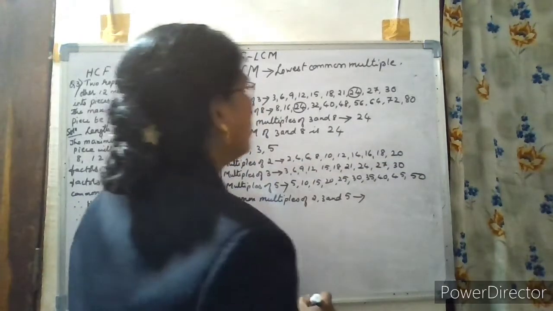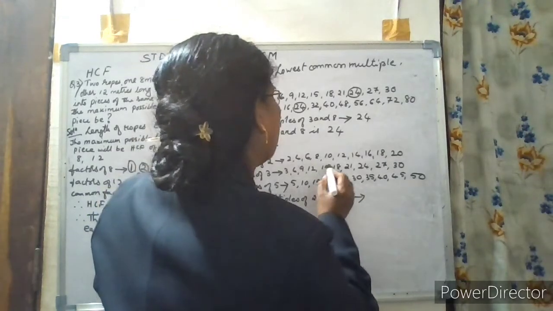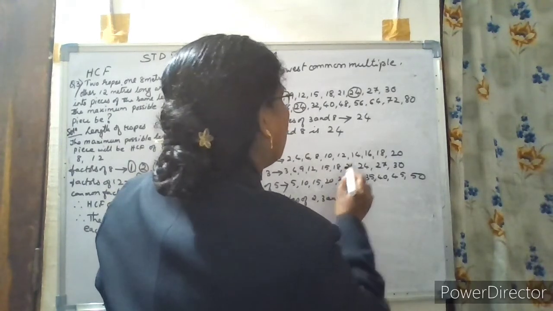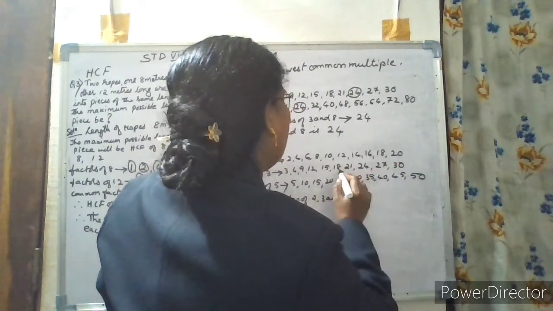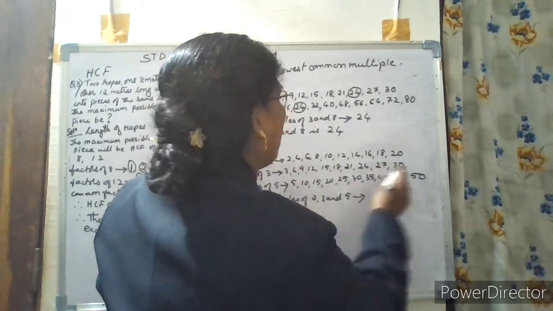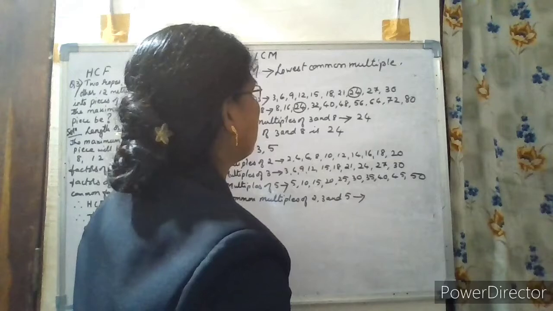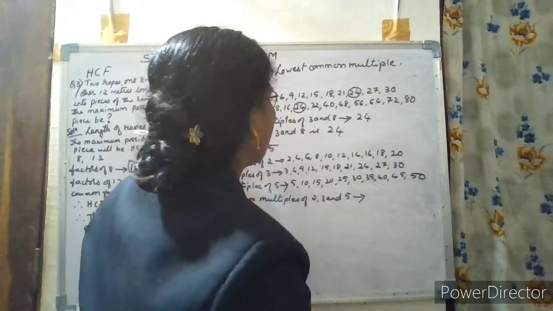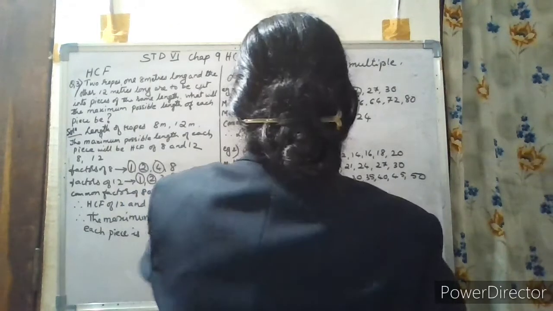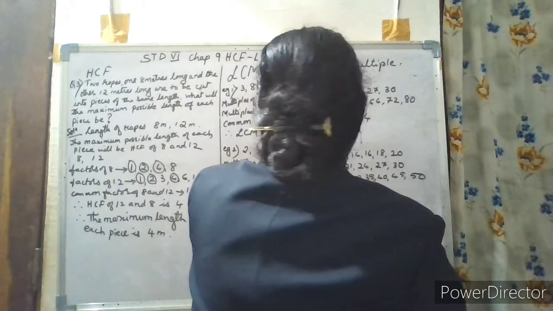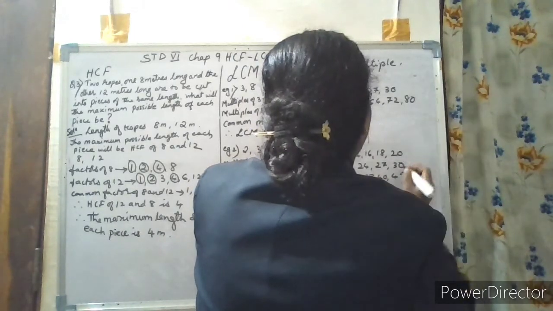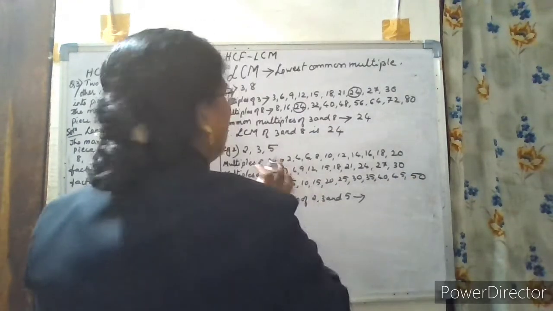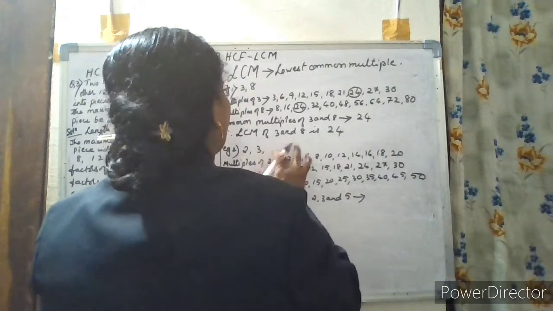So where did we get? 20 is here, but not in all three tables. This will go very lengthy, so I will change this as